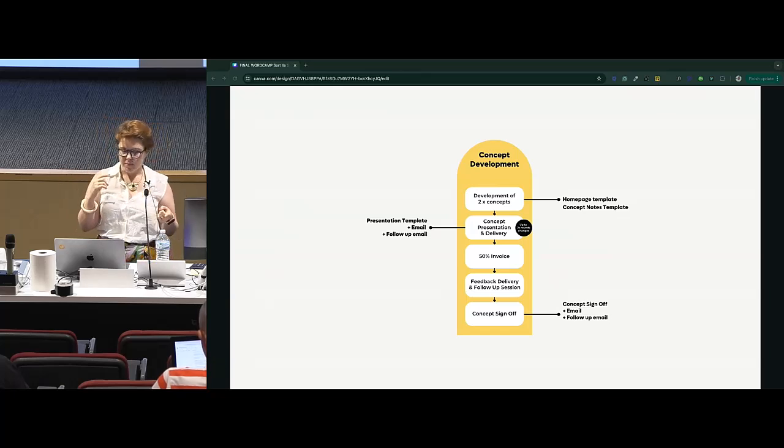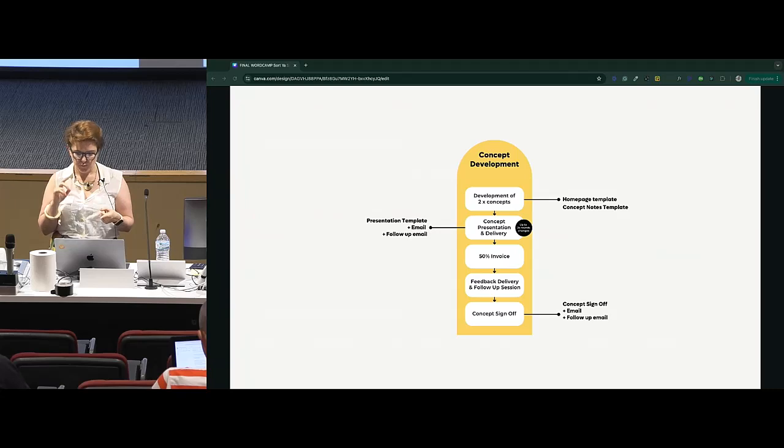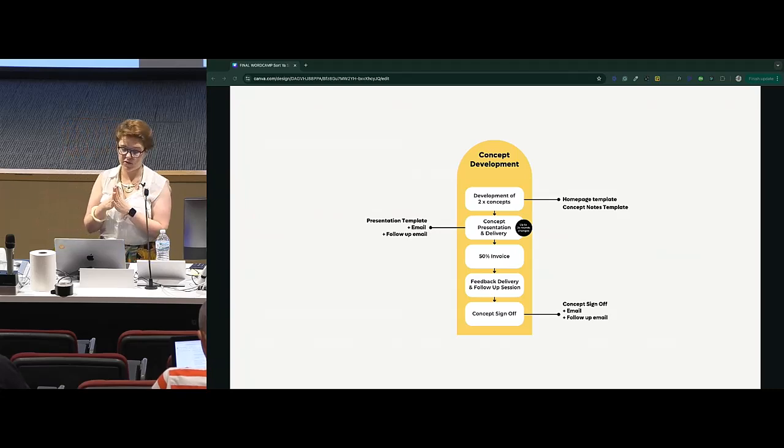I don't have to go through and remember everything that I've done and how it answers the client's brief. Concept design presentation. I have a presentation template as well as emails to send that over to the client. I'll sometimes do a Loom video. If it's a larger project, I might actually have a live presentation video call with the client to run through it.